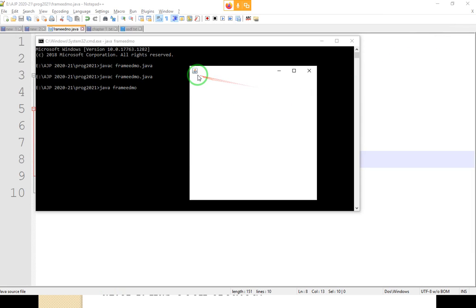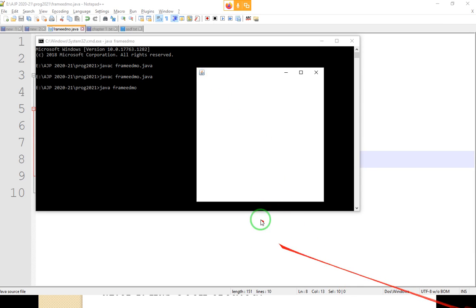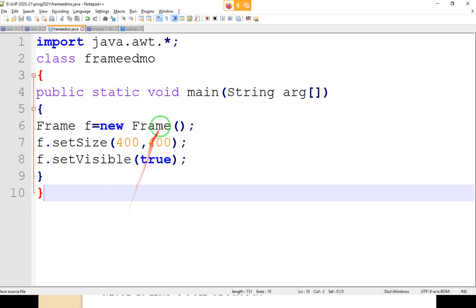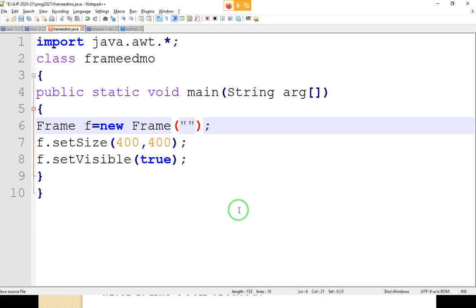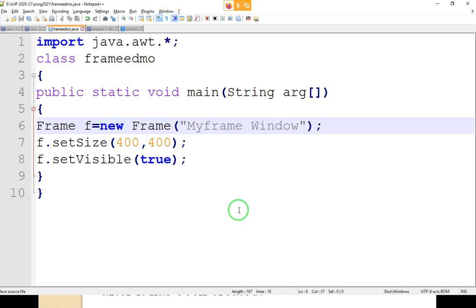Now, when you have not provided any title to your frame, you see here it does not show any name. But when you write a parameterized constructor, my frame window, here we are using another constructor, that is nothing but your parameterized constructor.